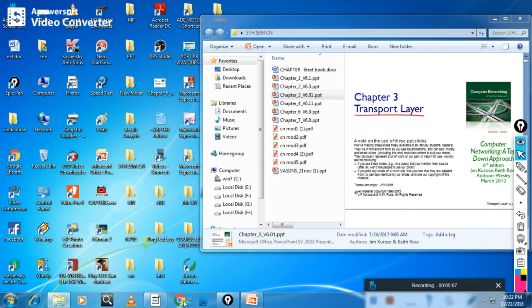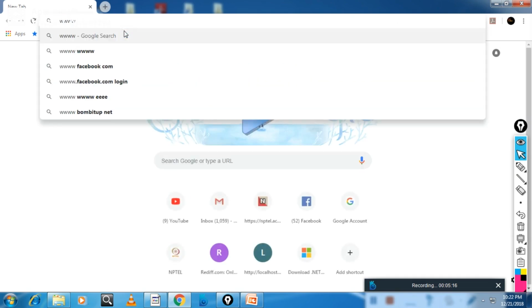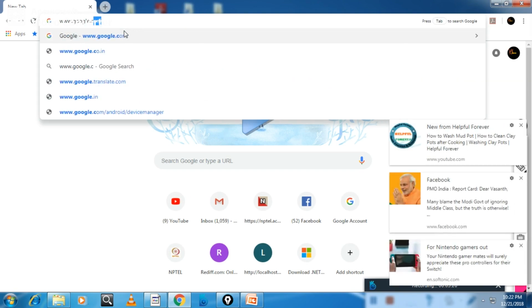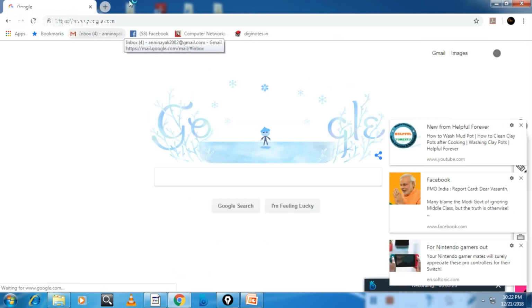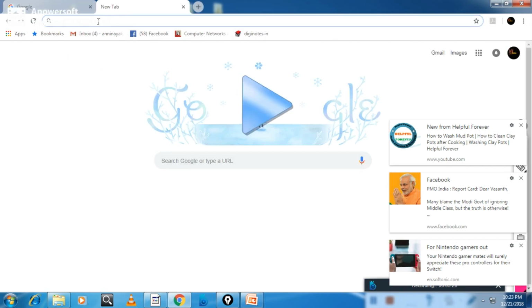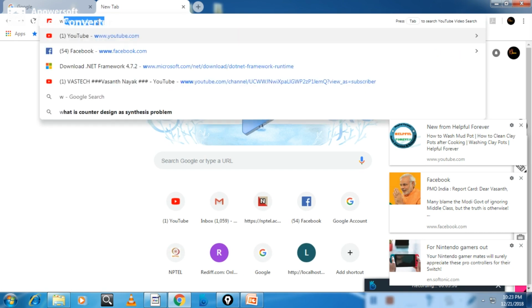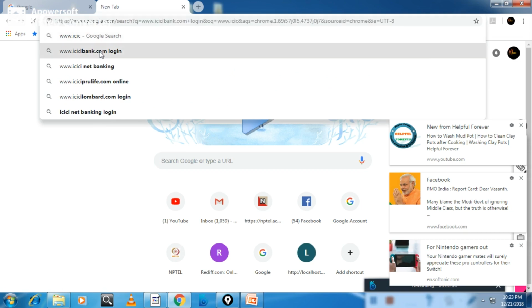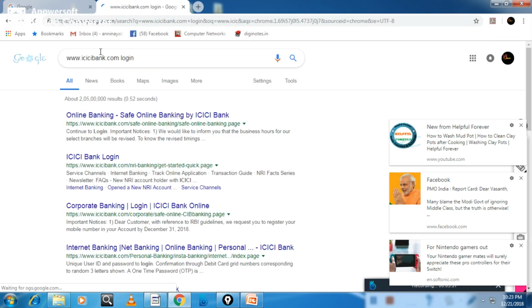I will use Chrome, and in one window I will type www.google.com. In the second window I will once again type www.icicibank.com, so I will log into icicibank.com.